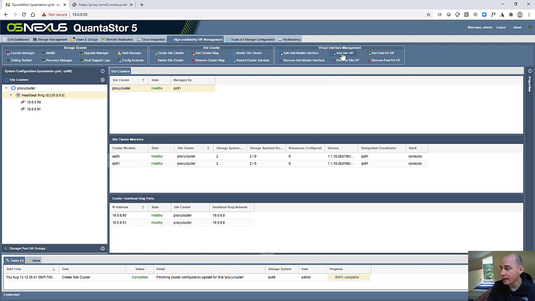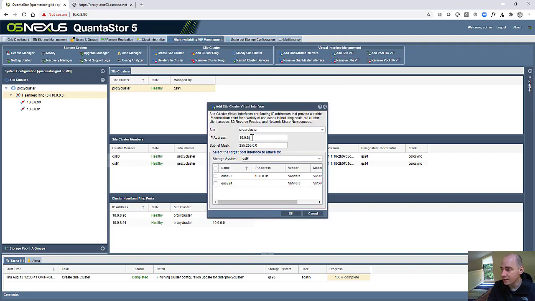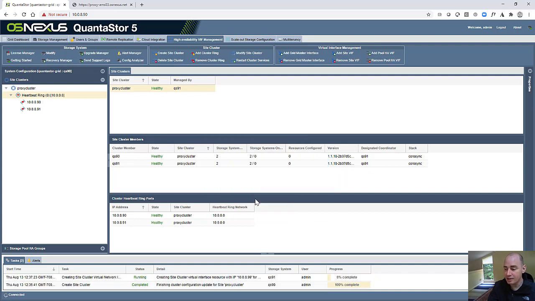So I'm going to go and add a site VIF and pick an IP address for that. Let's use 10.0.8.99. We'll attach it to that first interface. And then that's going to be able to float between the two systems that we've got set up. So this will float between QS90 and QS91. And so if it's on 90 and that one goes offline, it'll automatically move to the other